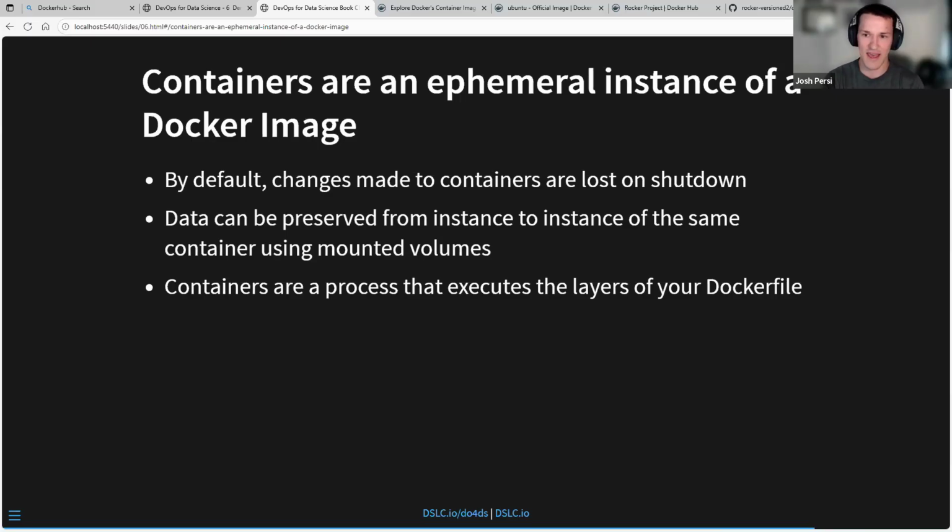So a container is running based on the image you specified, which was built based on the Dockerfile you specified. By default, they are ephemeral, meaning that anything you change within your container, all those changes are lost when the container shuts down. That means they're pretty good for development because they force you to basically enshrine all the changes you want